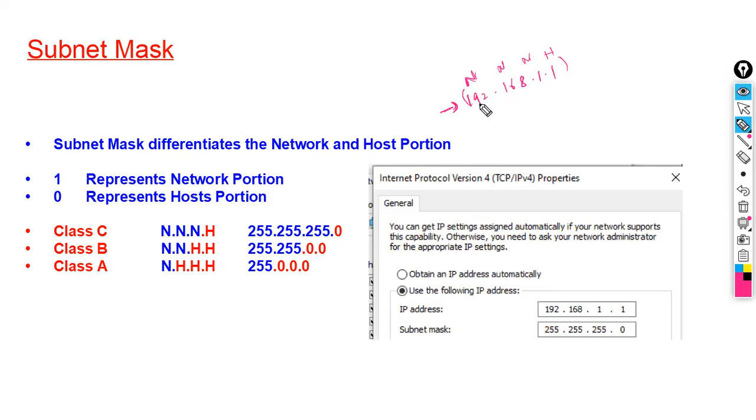So in place of network portion, we will write 255. And in place of host portion, we write 0. So it is used to differentiate the network portion and host portion. So subnet mask differentiates the network portion and host portion. In class C, we are having three network portions and one host portion, and the default subnet mask of class C is